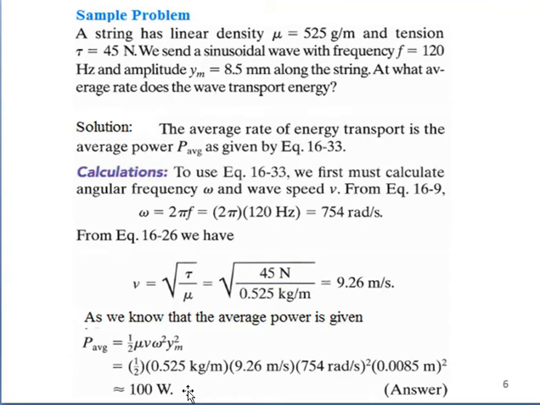Remember that always use the value of omega in radians per second. When you multiply f with 2 pi, then you don't have hertz, rather you have radians per second.